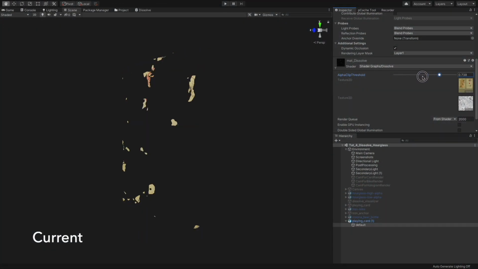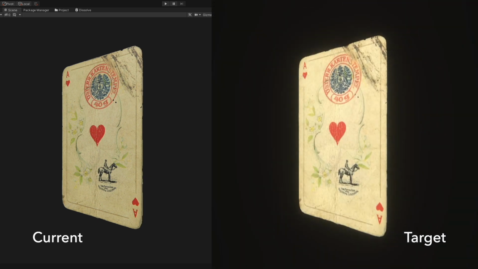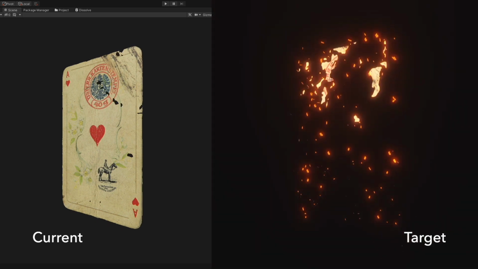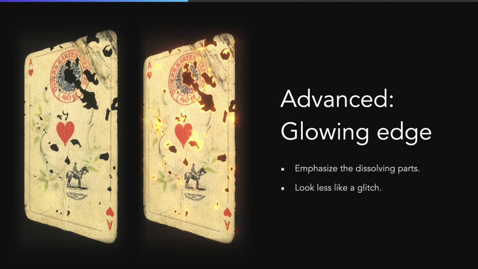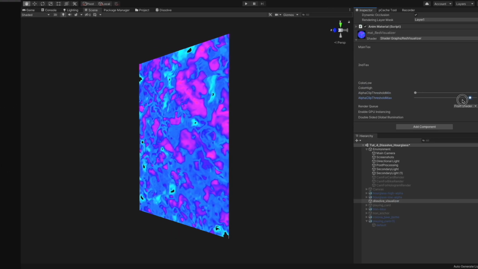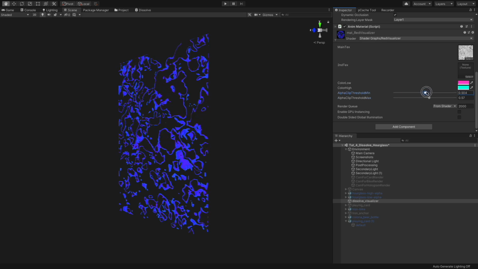Let's compare what we have in here with the outcome we wanted to achieve. Without highlighting the edge, our playing cards look like a glitch. The glowing edge really takes the dissolving effect to the next level. Let's do it! When the alpha clip threshold increases from A to B, the pixel with alpha between A and